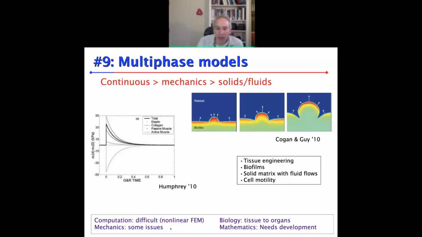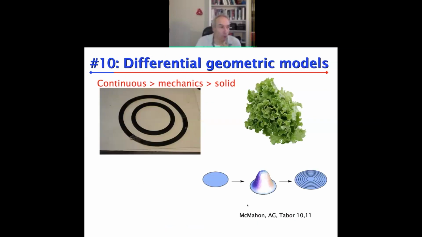The biology is again at the level of tissue to organs. The mathematics again needs development because you have a lot of problems related to the evolution of this system. And whereas you can write the first equation in full generality, often you have to go directly into a computational framework in order to do anything with them. There's not that much you can do and extract from an analytical point of view. Okay, so the last,